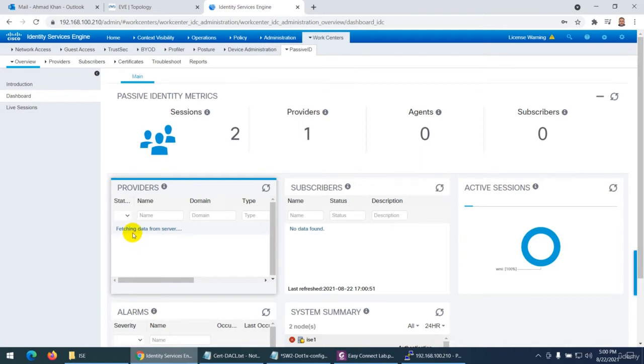So let's see now, it's fetching data from server. Let's see if it's green or not. You can check the status here. Okay, it's not green. So if I refresh, let's see if it's green or not. Otherwise I need to go back again. Okay, so